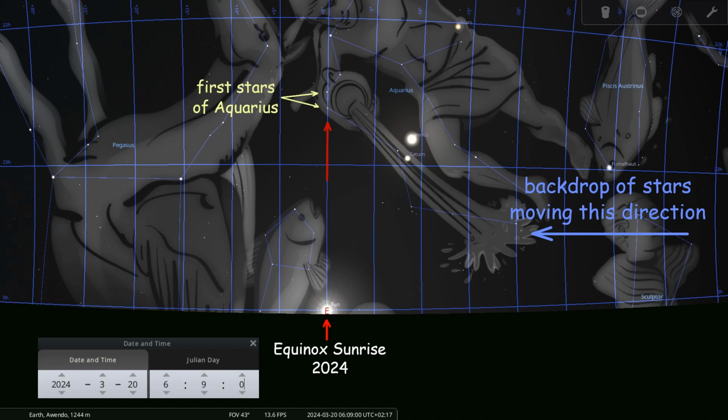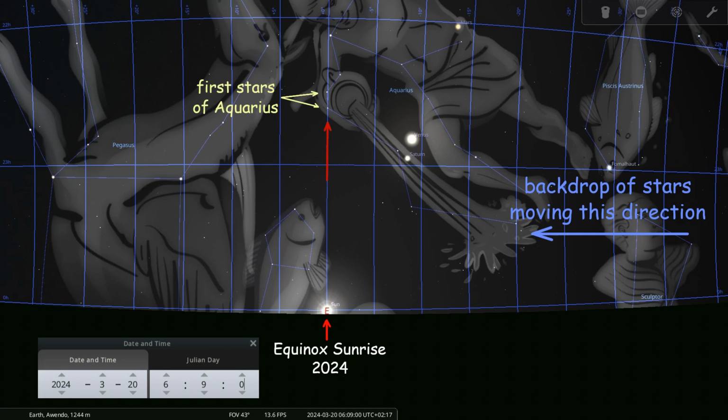So we think of the sun as rising below the belly of the fish of Pisces, but it really isn't, as I'm showing here. The red E for due east is on the 0 degree of the equatorial grid line. And all throughout the year, the same stars that are on this line will rise due east each day. If that makes sense. The stars of the fish of Pisces have not risen due east in a long time now.